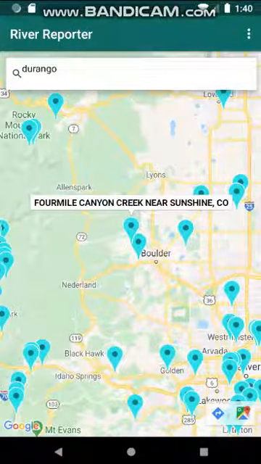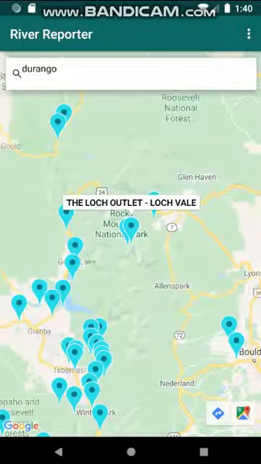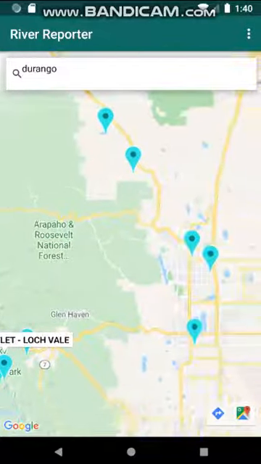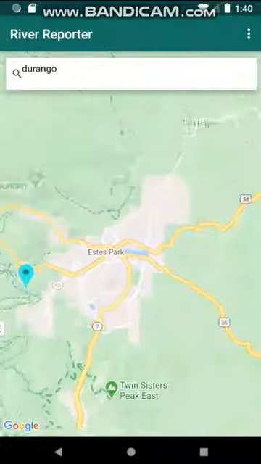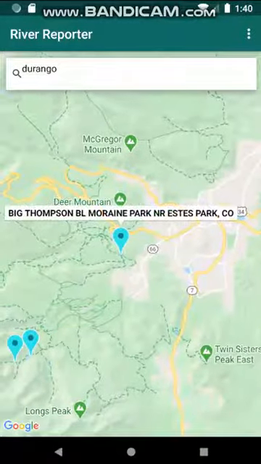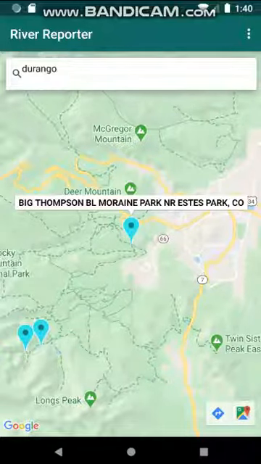Let's say we want to go up to Estes Park and go to the Big Thompson, and we have these buttons down here that will take us to Google Maps and directions respectively, and we can click on those and it'll give us turn-by-turn directions using the location of the